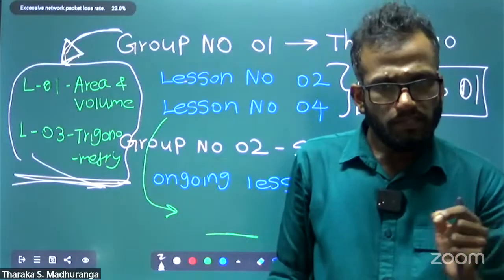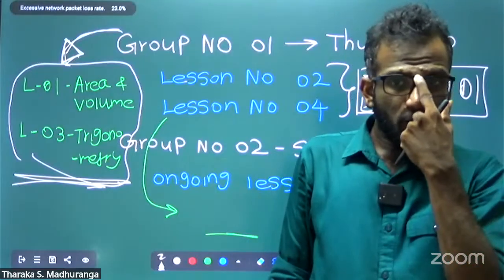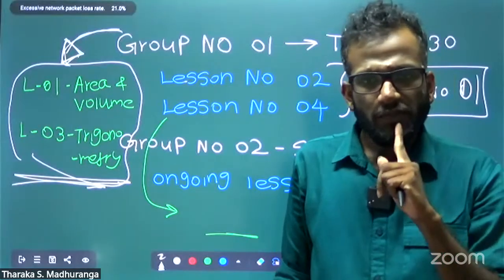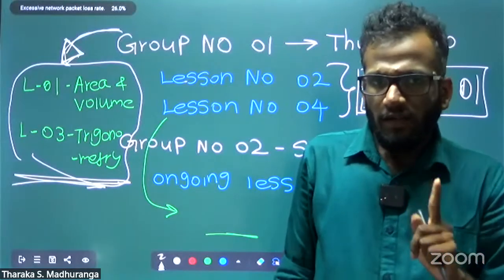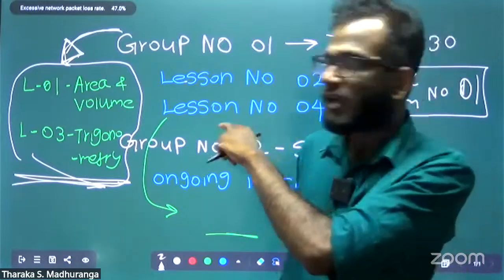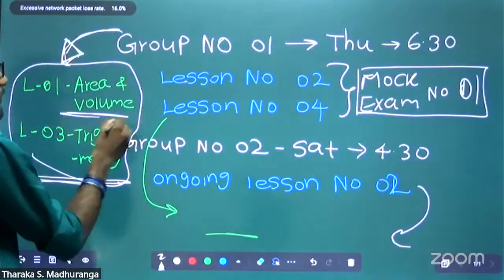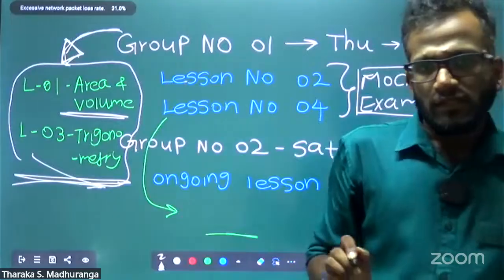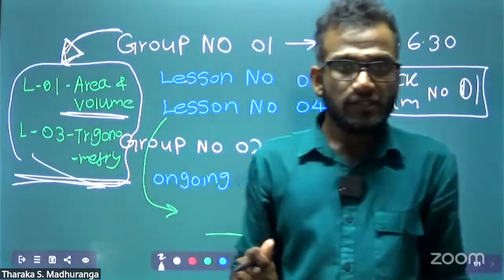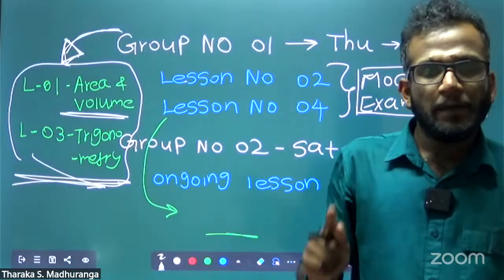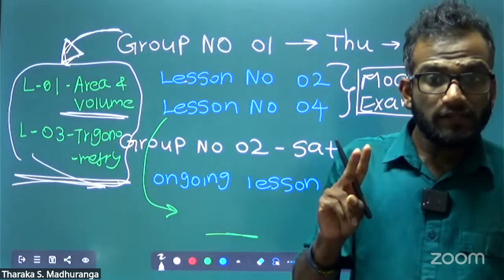Normally it's Thursday, but due to a few problems with other students in other classes, I will let you know the exact weekday for this lesson, area and volume. Within today or tomorrow, I will let you know the day. Are you okay with this? Then for 1 week you have 2 classes,